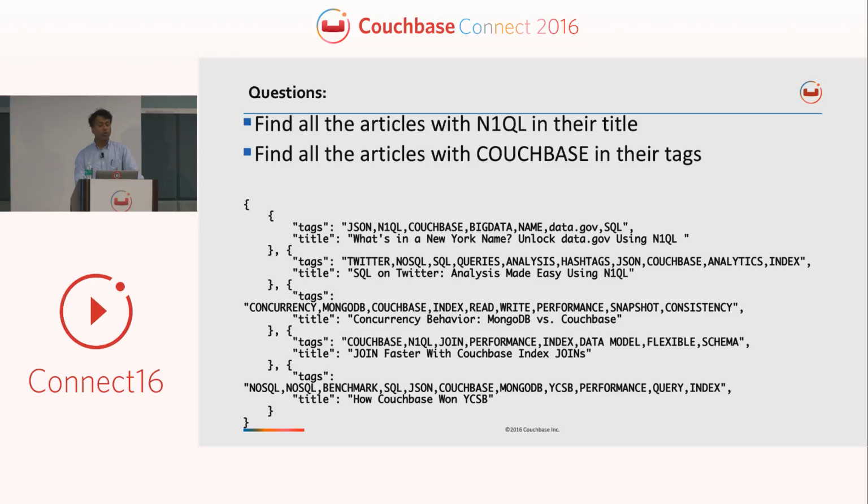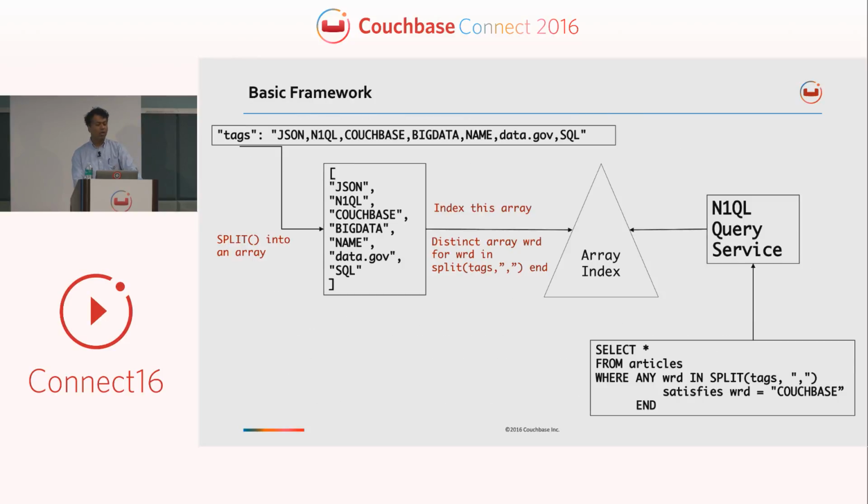Your problem is to find all the articles with N1QL in their title, or all the articles with Couchbase in the title, right? What we can do is use a split function that splits the tags into an array,